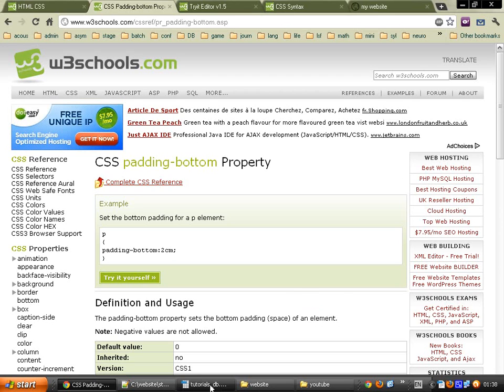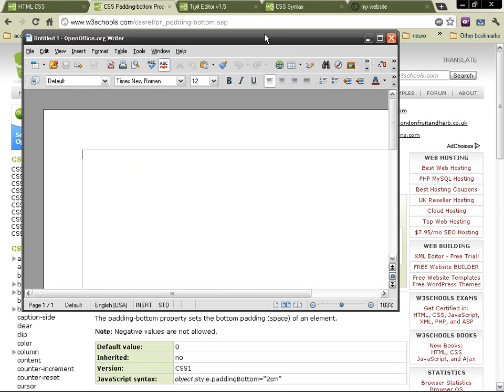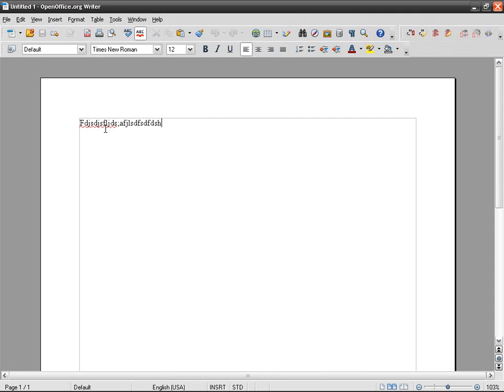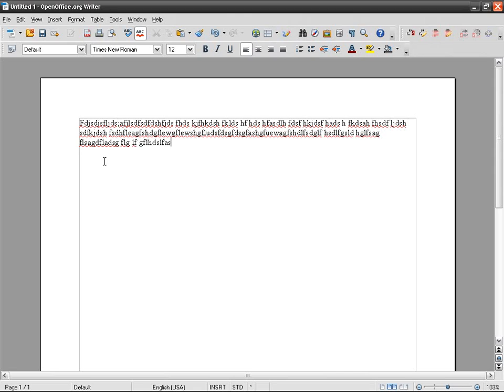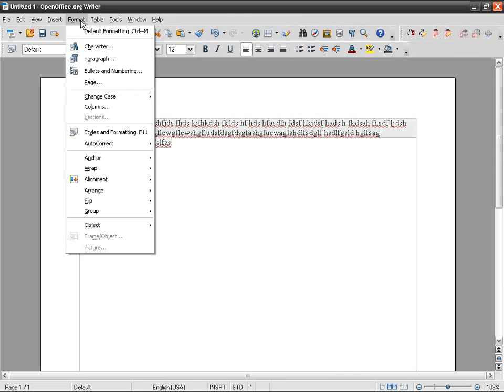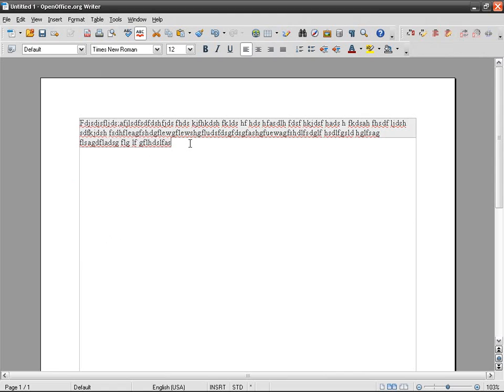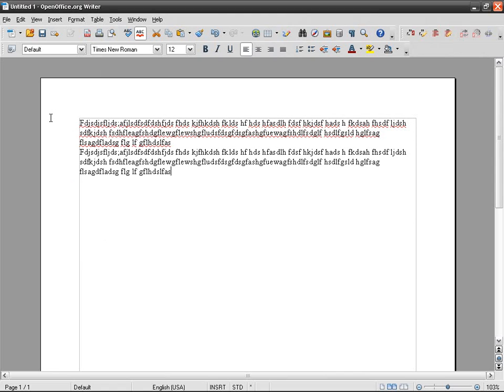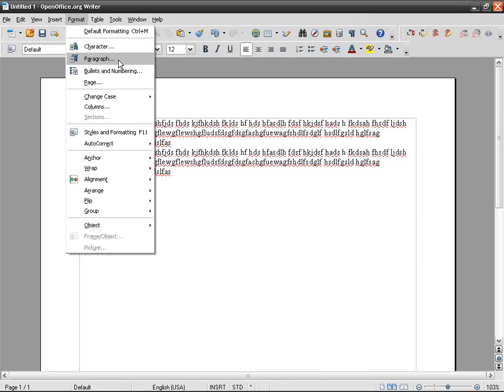So let's see, with OpenOffice Writer. You've got a sentence, a paragraph or something, something like this, and then you want to format it, and let's go have another paragraph. And you can see that there is no spacing between the two paragraphs. So what you can do is select the paragraph, or you just have to have the cursor on the paragraph, and then you've got Format, Paragraph, and then you've got the